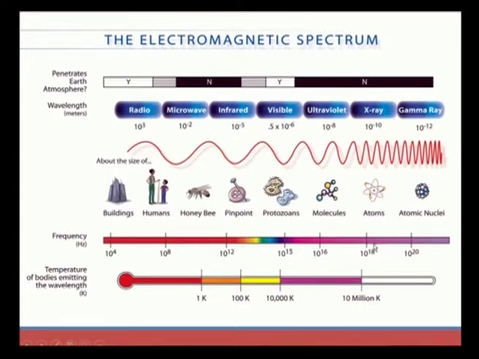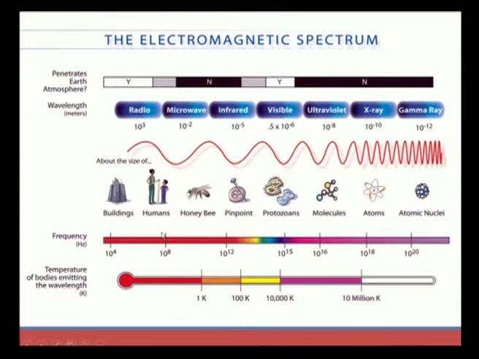And when it comes to X-ray, it is 10 power 18 to 10 power 20. If it lies in between this frequency, we can say that type of wave is an X-ray. Also, when we are speaking about the temperature of bodies emitting the wavelength, in the sense of what type of bodies can emit radio waves or microwaves, it depends on the temperature of the body also. So radio waves will be produced when the temperature is 1 Kelvin, and similarly there will be different temperatures for different waves.